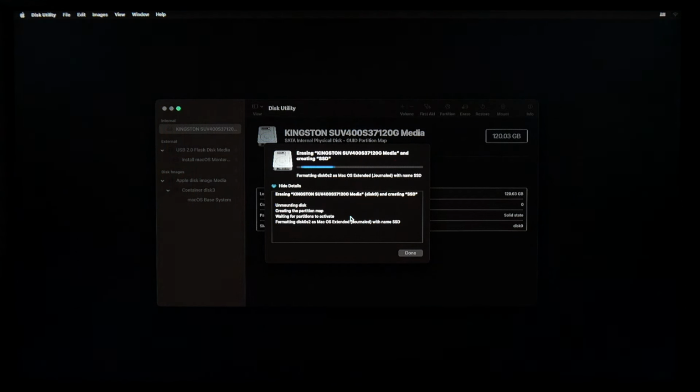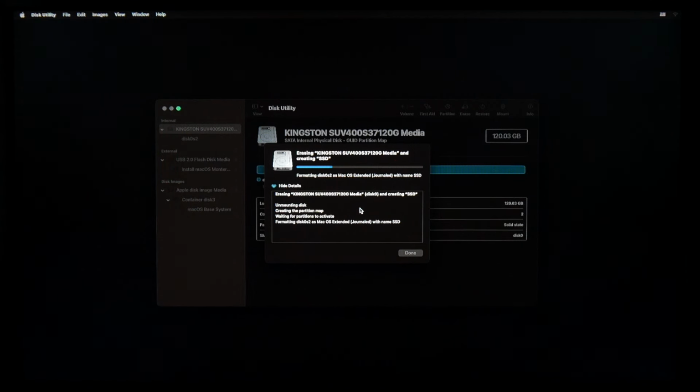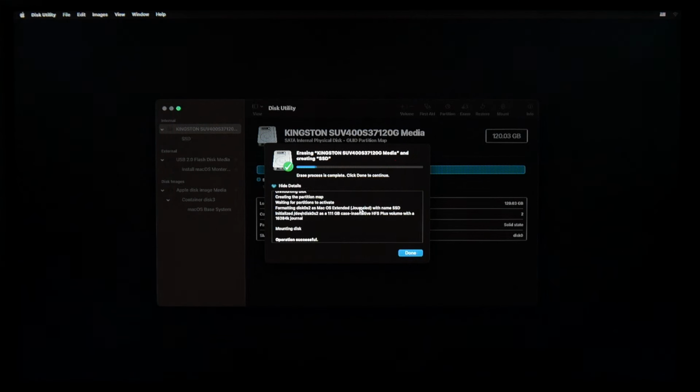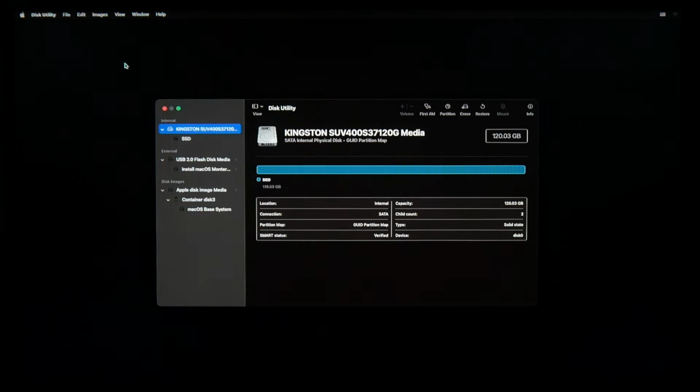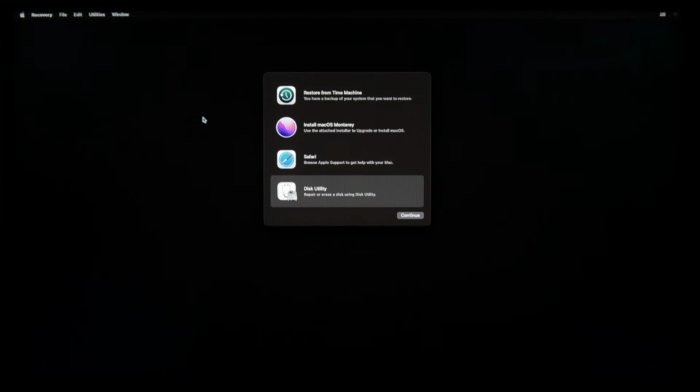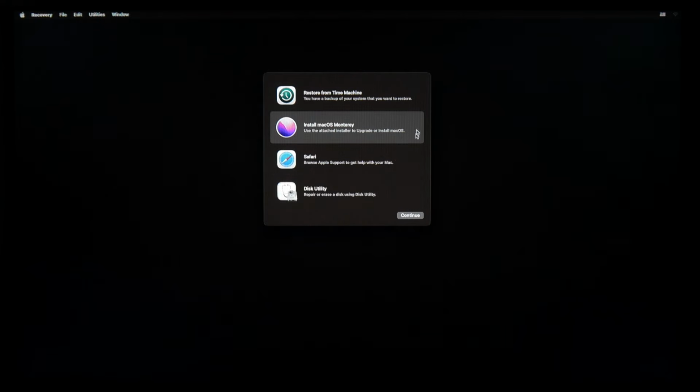But this is a very good start to have the SSD clean and ready for the installation. Operation successful, you click done, and then you can just close the disk utility and we can continue installing Monterey.